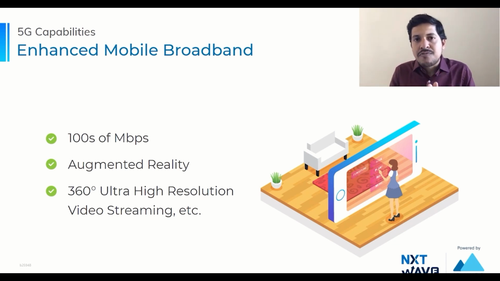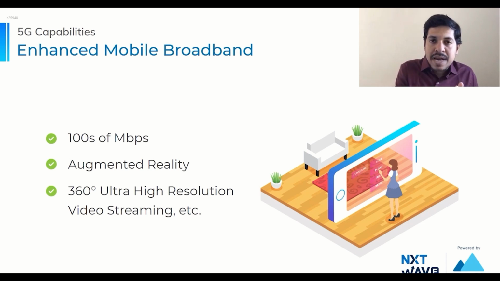It was good enough for browsing. It was good enough for checking emails. And that was a big shift in those days in mobile networking, because prior to 3G, accessing the internet on mobile devices was not possible. So it was a big step in 3G, the introduction of mobile data. And in 4G, this was taken to a different level with the mobile broadband use case. 4G was all about enabling mobile broadband like data speeds, tens of Mbps of data speed on our mobile devices over the mobile networks. That was 4G.